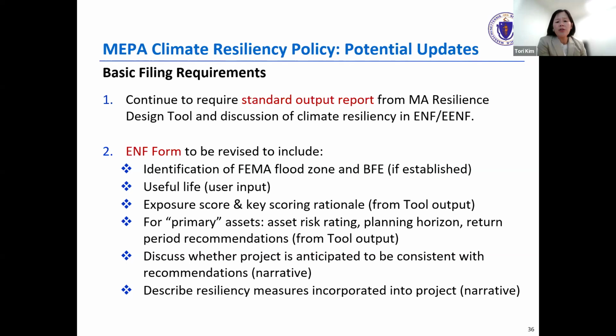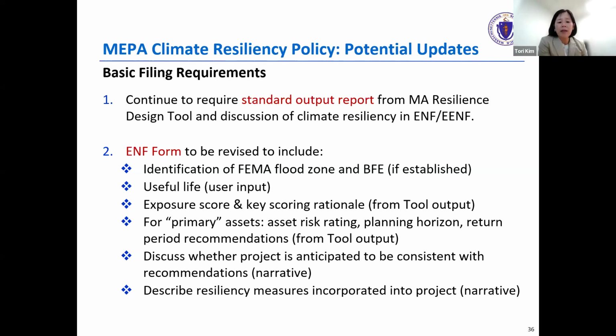Because sometimes the values can be a little hard to find in the output report. So we thought it would be helpful to just put them into the ENF form itself. There is a climate section currently in the ENF form that would be revised for this purpose.